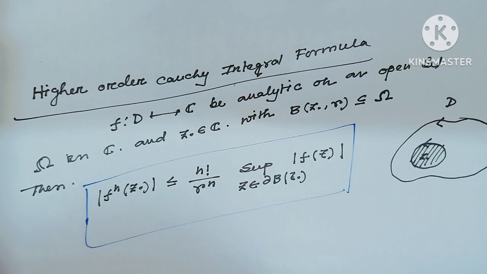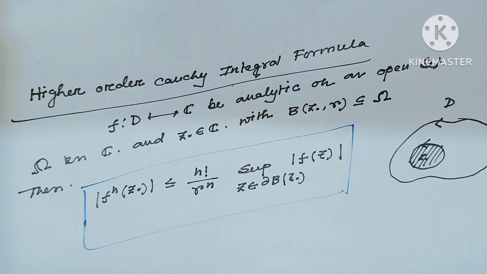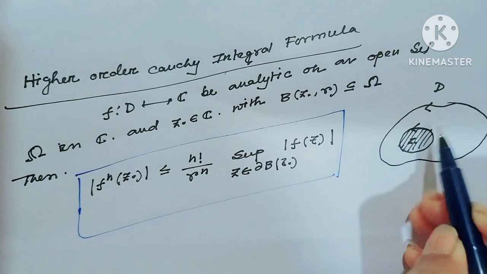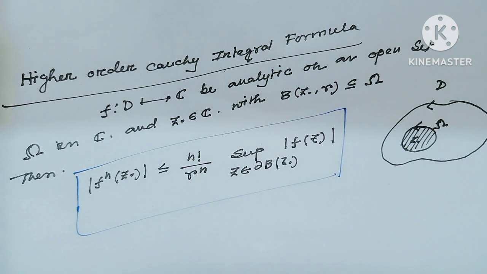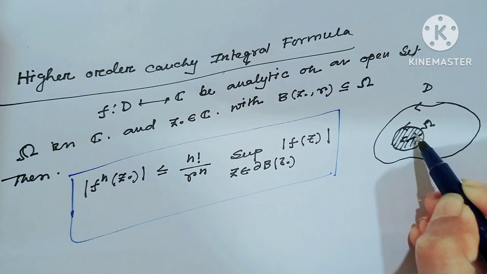The statement is: let the function f, defined from a domain to the complex numbers, be analytic on an open set Γ in the complex numbers, and let z0 be an arbitrary point in the complex numbers with the condition that the ball around z0 with radius r contains this Γ. Then the estimate of the function, f^n(z0), is always less than or equal to n factorial over r to the power n, where r is the radius of this disc,